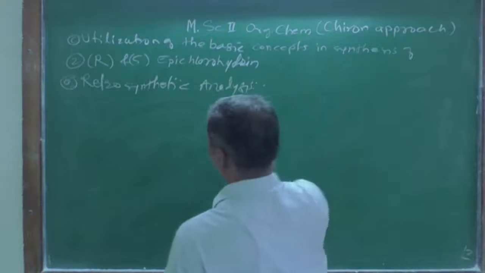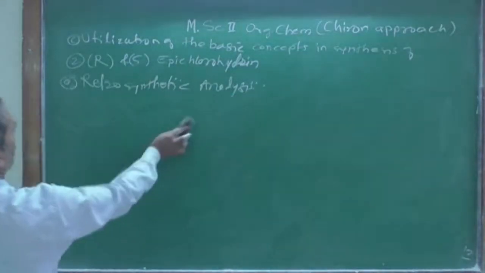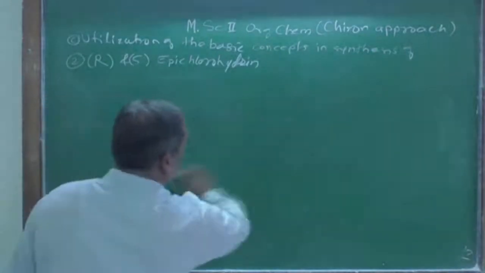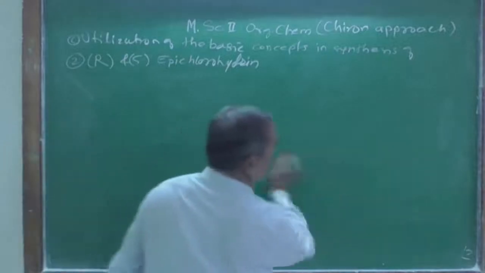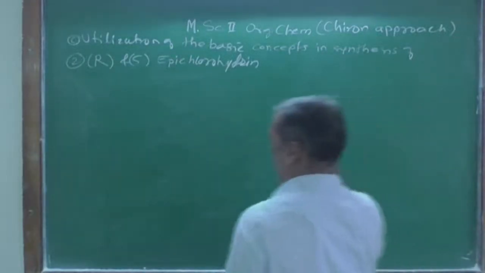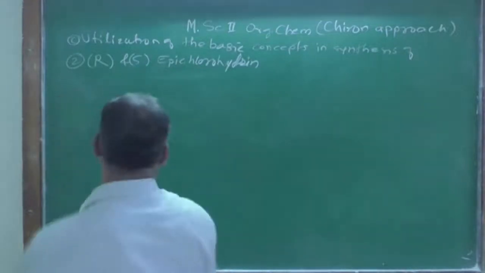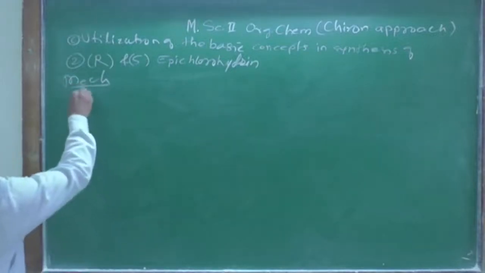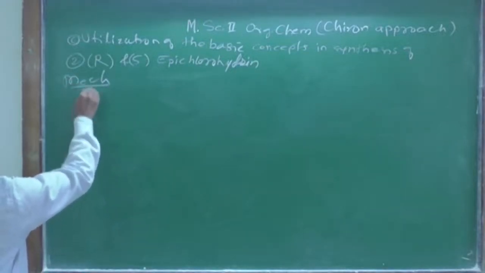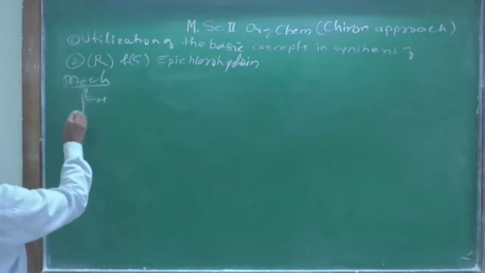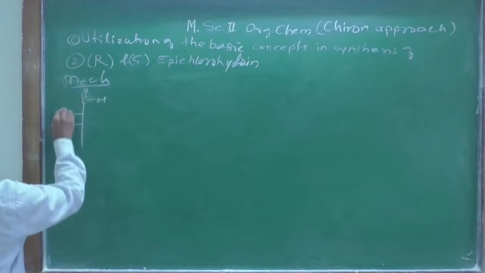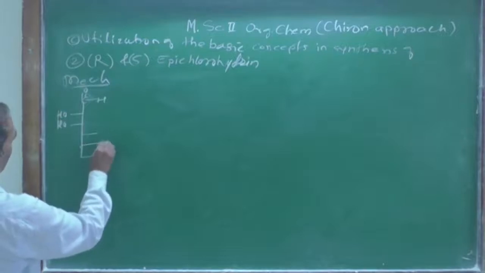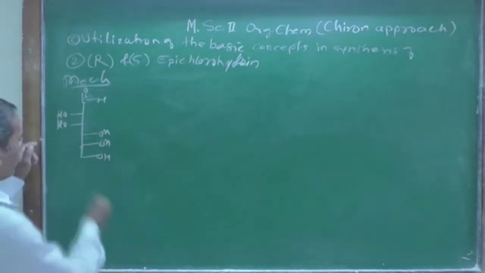Actually, we have completed the synthesis as well as the retrosynthesis. Now the additional information we are studying here is the mechanism. How the mechanism takes place there, that we are learning. Now let us see the mechanism. As we know that the starting material we have taken is C double bond O, H, and then 2 hydroxy groups on the left hand side, 3 hydroxy groups on the right hand side, OH. This is known as D-mannose,